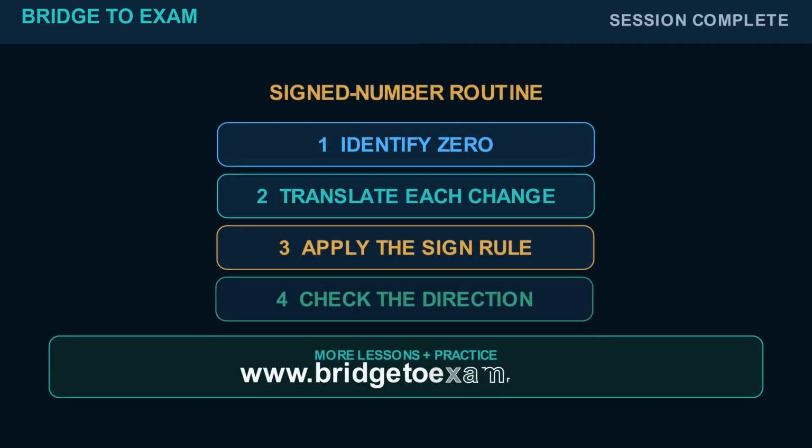Use this four-step routine: identify the zero reference, translate every change into a signed value, apply the number line or sign rule, and check whether the final direction makes sense. Practice explaining why each sign is